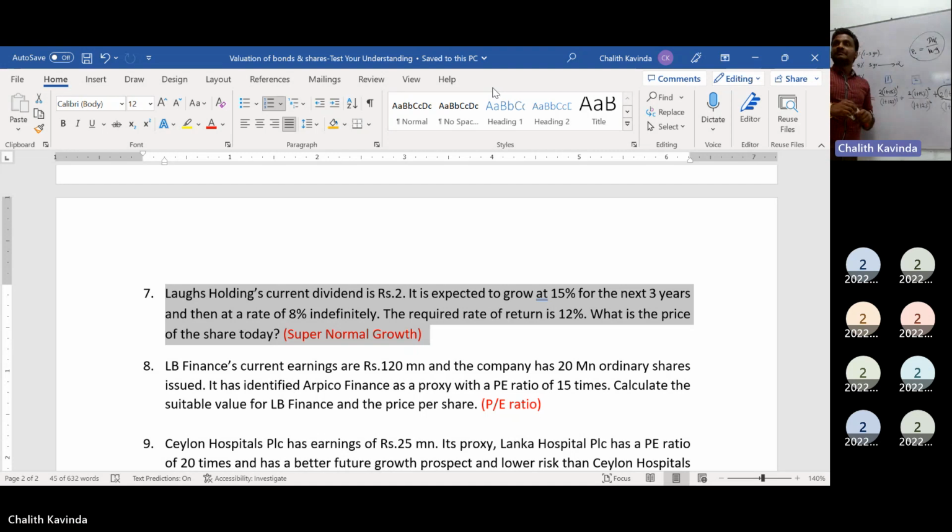Then what do we have to do? You are getting the price for year 3. We need to convert it into P0. We have to rediscount it. To bring this to year 0, you have to discount this by 1 plus the cost of equity, which is this much. So how many years do you need to bring it back? 3 years. You need to bring it back 3 years.